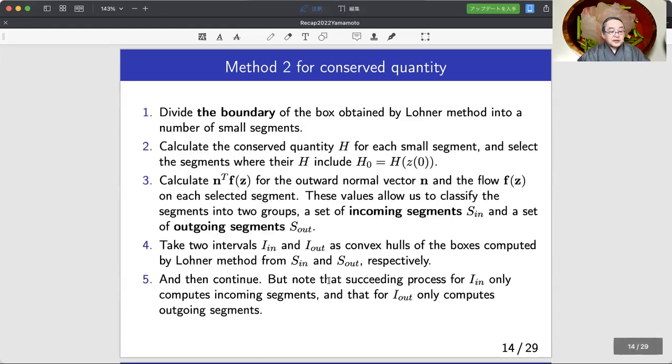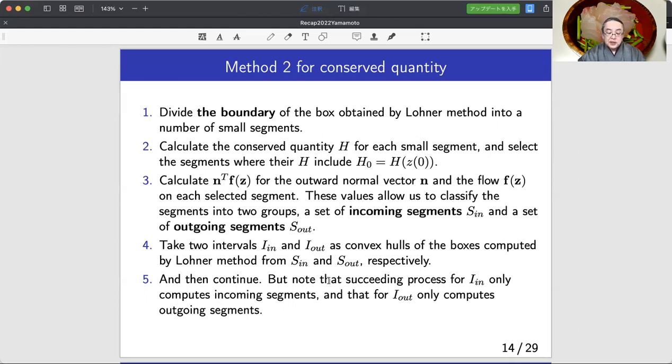Then we propose the second method as follows. 1. Divide the boundary of the box obtained by the Lohner method into a number of small segments. 2. We calculate the conserved quantity h for each small segment and select the segments where h equals h0. 3. Calculate the inner product of n and fz for the outward normal vector n and the flow fz on